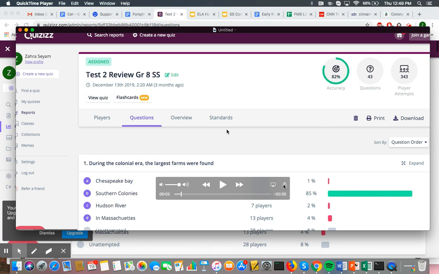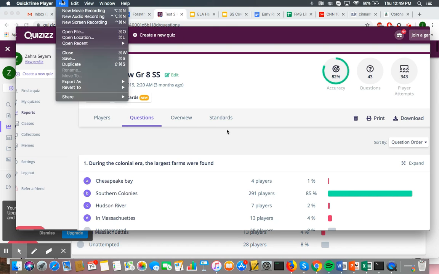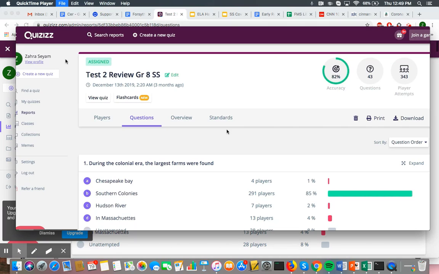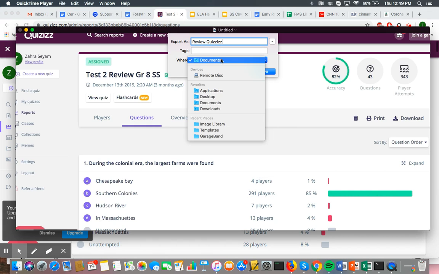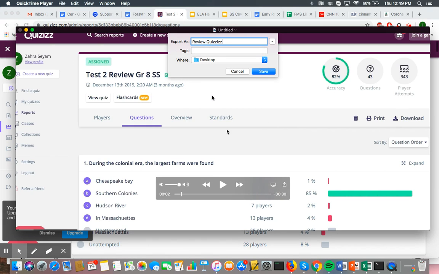So from there, you can save it and download it. I like to just immediately save it and give it a name. So let's say I wanted to say Reviewing Quizzes, whatever. I can save it on my desktop. I can save it wherever. The nice thing is, if you go into Google Classroom and you want to attach it, just click on the paper clip and it will